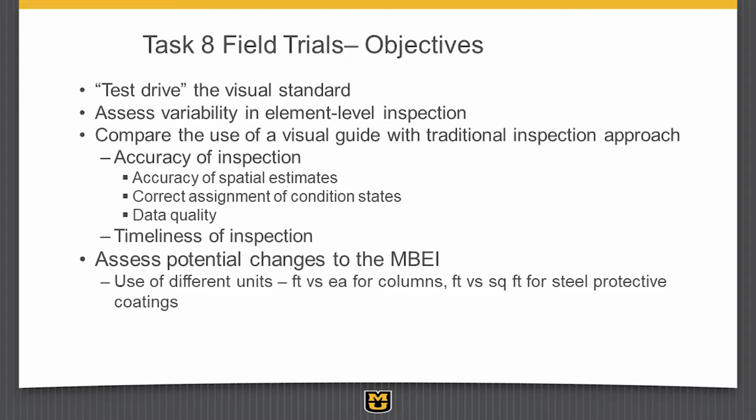And so you'll see in these results there's a test group A and a test group B. Some are using photographs, others are using just conventional condition descriptions. We didn't find a lot of difference in that in the field testing that we did. We think partially because they'd only just been introduced to the pictures. It was probably not a good way to test that. And so the results I'll talk about largely combine these 2 groups together and look at the variation of their assessment of element level conditions, largely in terms of quantity, but a little bit in terms of what the condition state is.